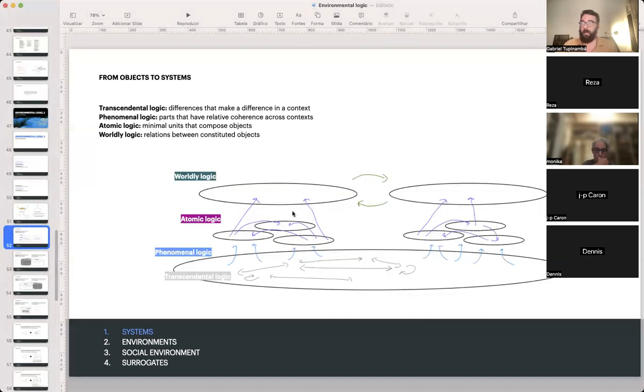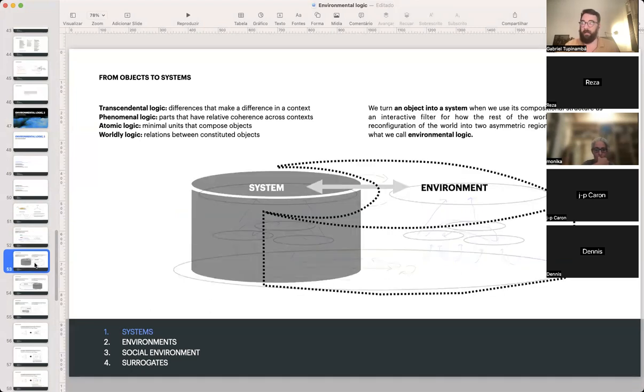right? Objects are relating to objects, and all their compositional structure is guaranteeing that they have the properties that they do have, that they exist the way that they exist, and so on. And we're going to say, okay, but I want to propose an operation, an additional structure, which is compatible with all of this, but which will allow us to derive. So we're not going to axiomatically define. We're going to derive the difference between a system and an environment out of that previous idea. And the first idea that we can use to do this is to say that we turn an object into a system when we use an object's compositional structure, meaning what the object is, so all this structure here below, right, as an interactive filter for how the rest of the world appears. So we're going to say the rest of the world appears to the object under the conditions set out by this structure,